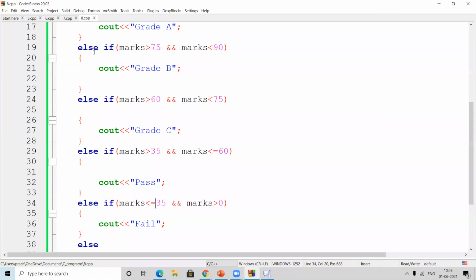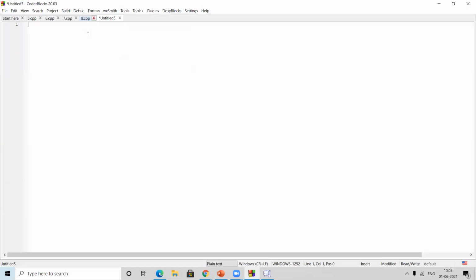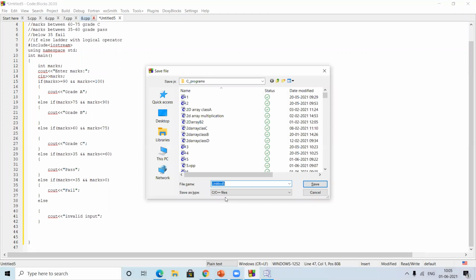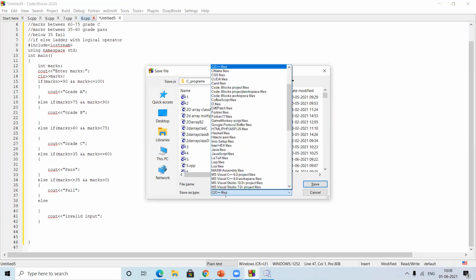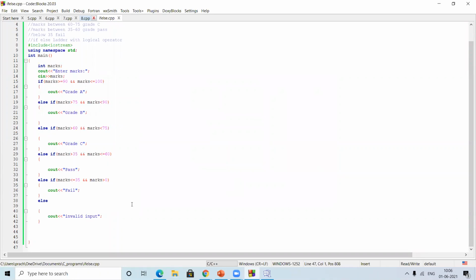Okay, no issues, I'll show it again. See, this is the file; I just copied the whole program for the purpose. I go over here, it's an empty file, nothing in it yet. We have written a program and saved it. While saving, there are two file types, so don't change this one, keep it C and C++. When you change it, mention your file name. So I'll just put if else. Right now I'm putting numbers because I want to go from 1 to however many files we get for our C++. I write if else here, put .cpp and then save. All the things will come in color, whichever is applied.